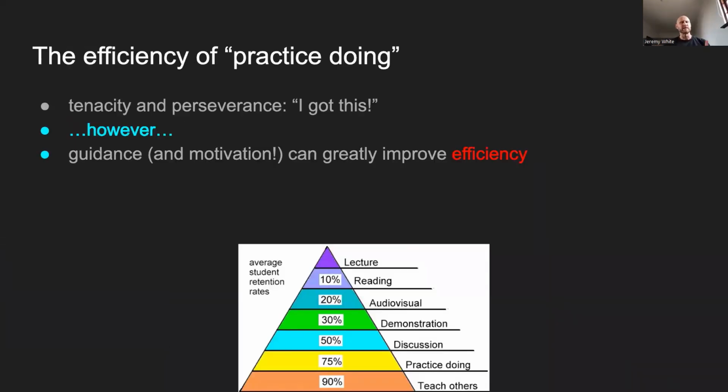But there is another dimension to the learning problem, right? We are in the real world and time is money. And there is an efficiency aspect to practice doing, right? I mean, by our very nature, I think all of us applied groundwater modelers have a large amount of tenacity and perseverance, right? We live with the "I got this" mentality to slog it through, solve the problem, get it done. But some amount of guidance and motivation, I think, can greatly improve the efficiency of how you practice doing